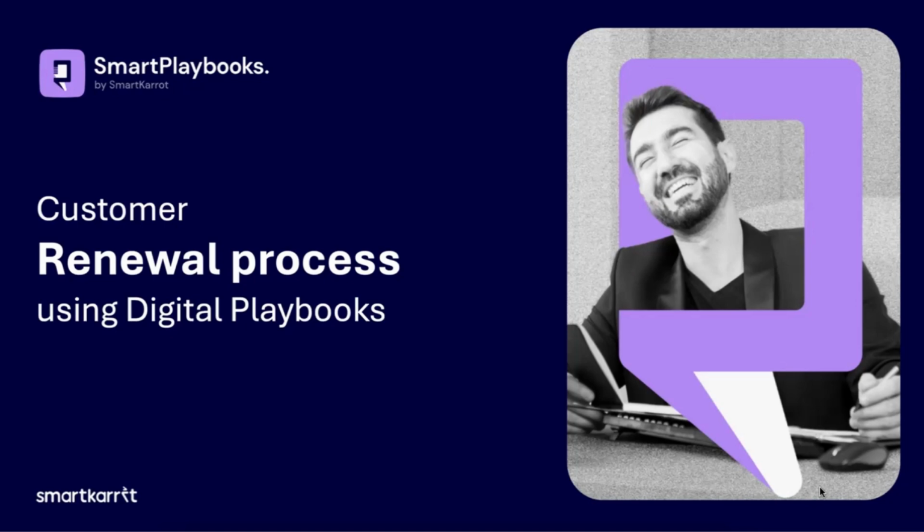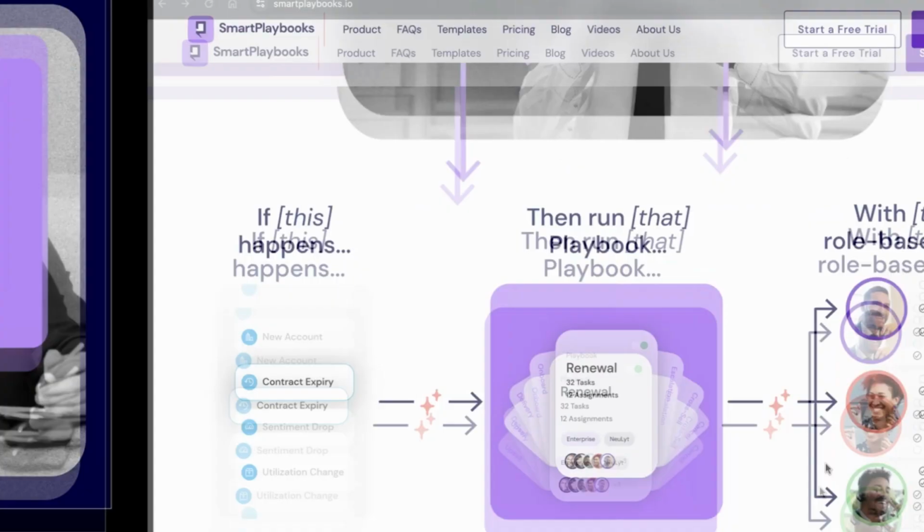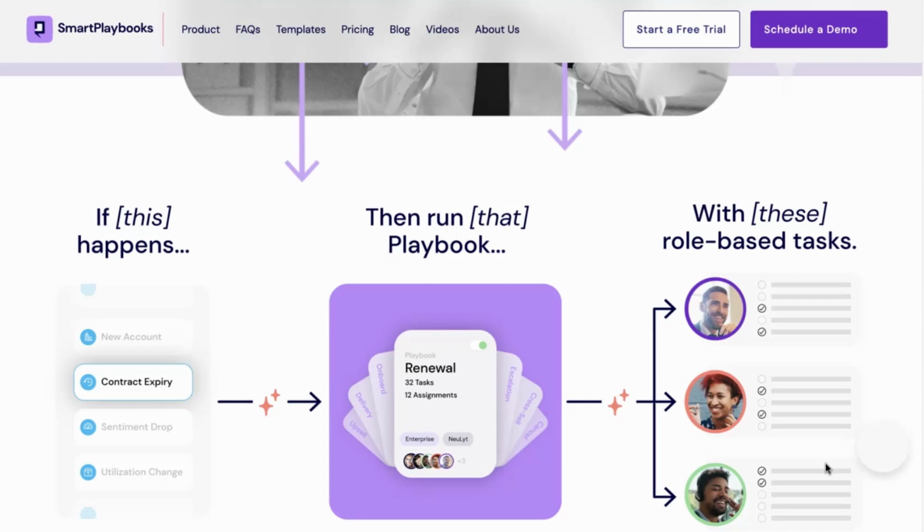Let's take a look at how customer renewals can be managed more efficiently and consistently through digital playbooks. But before creating a customer renewal playbook, let's first understand what a playbook is. At the core, digital playbooks are a set of activities that help you manage your repetitive scenarios involving multiple stakeholders. In simple words, if this happens, then run that playbook with these role-based tasks. That is, if a condition is met, then trigger these predefined set of activities, which then get assigned to the